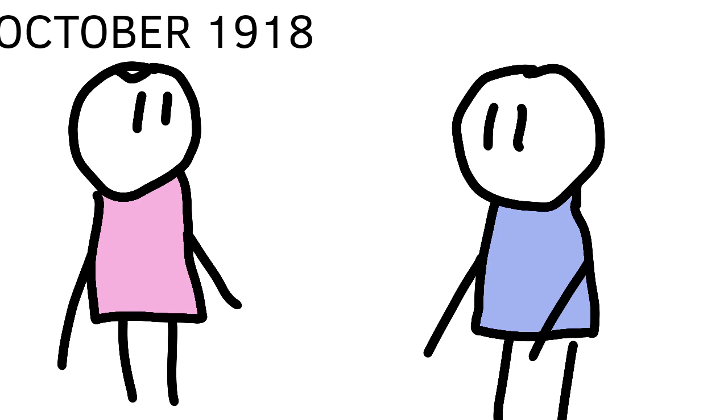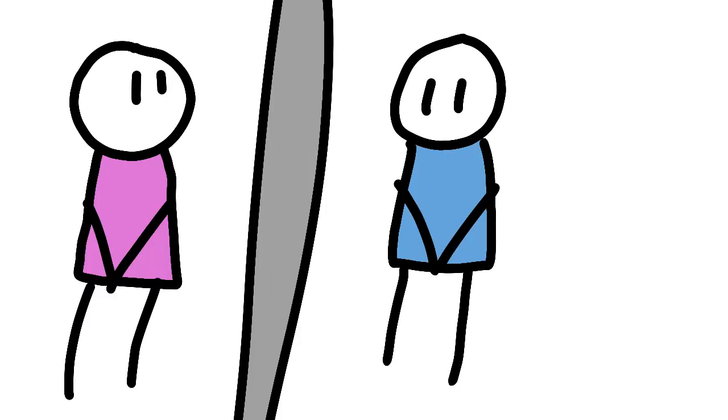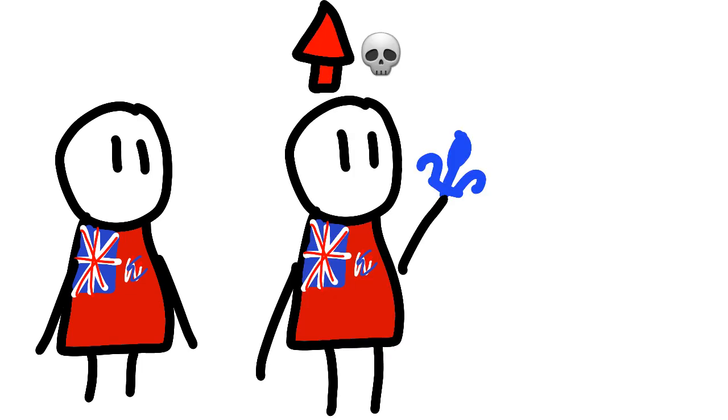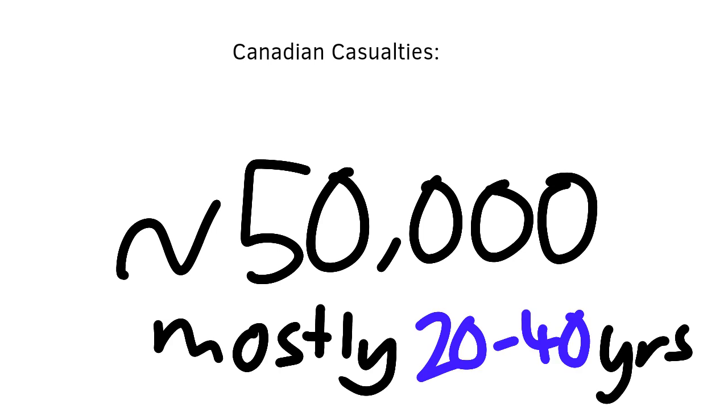The second wave of the Spanish flu in 1918 was particularly deadly. It had a fatality rate of 10% and would kill victims by drowning them in their own lung fluid. Many places tried quarantine to no avail. In Canada, minorities like French Canadians and First Nations were especially hard hit. In total, 50,000 people died in Canada, the majority of which were between ages 20 and 40.